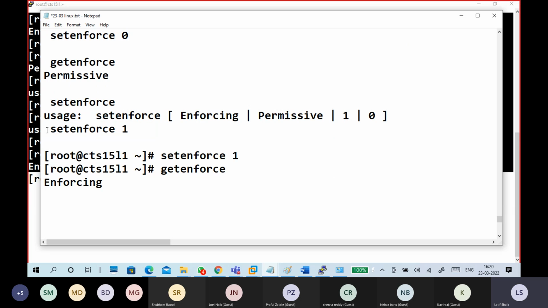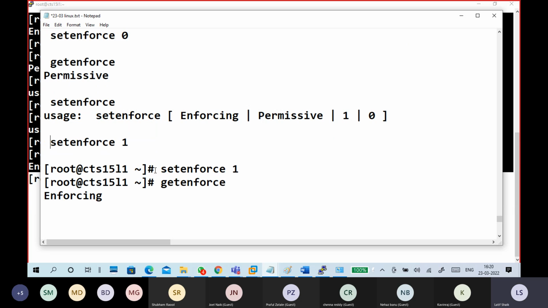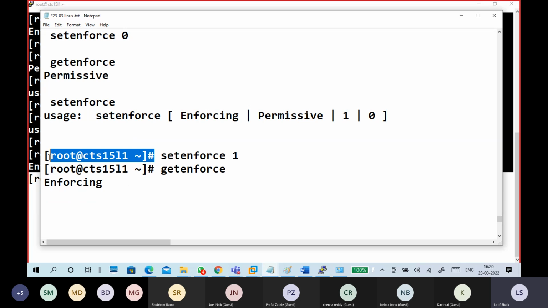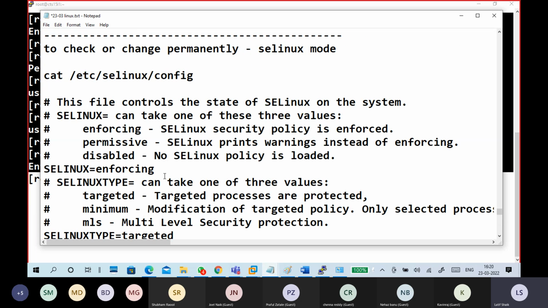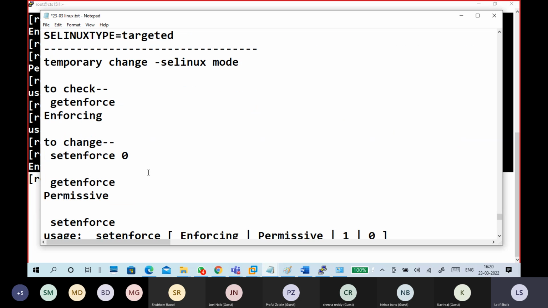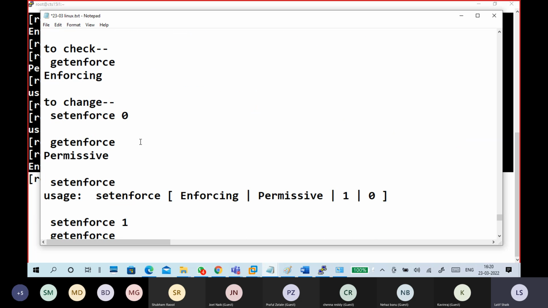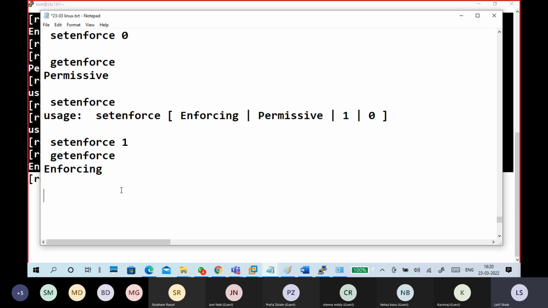Okay, so if it is required, then even if you restart your PC, it will automatically go to enforcing mode only. By default, it is enforcing mode. So the default one is enforcing mode. You change it to permissive, you remove this one, put permissive, restart your computer. You are a permissive mode person. If you want to change temporarily, this is temporary changing, and this is how to check the temporary changing also.